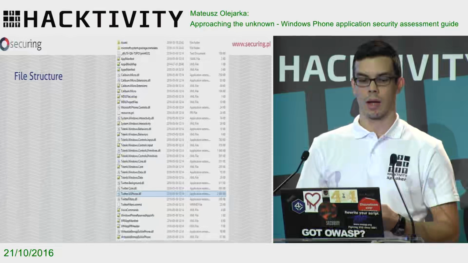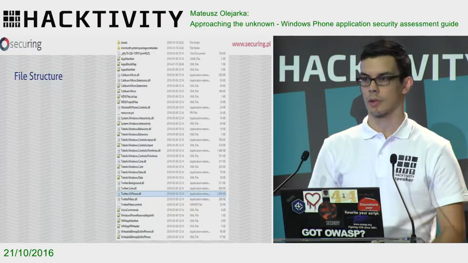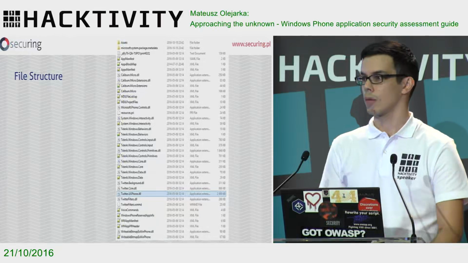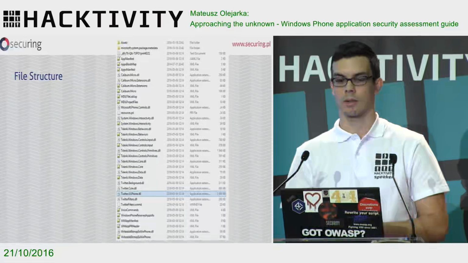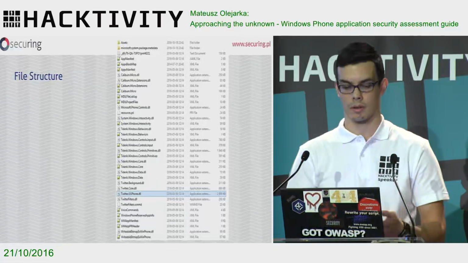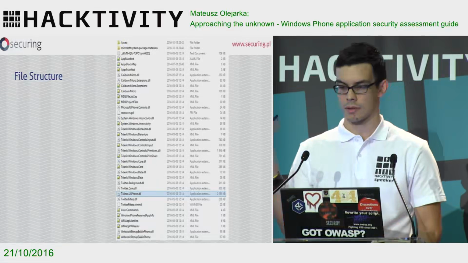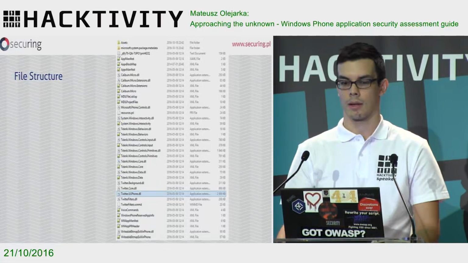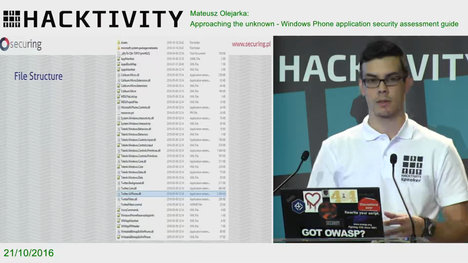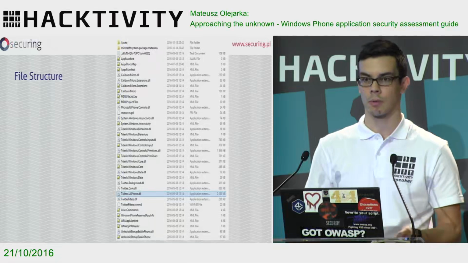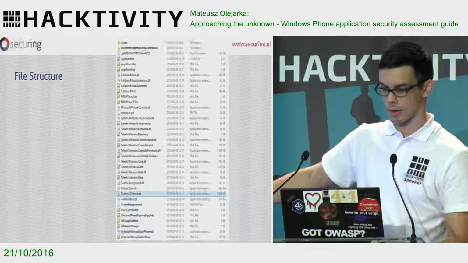And if you will pull out an application from Windows Store, the same XAP file will be protected by DRM. So it cannot be easily unpacked on the system. You can do it from the phone. The phone takes out the DRM, and then from the rooted device you can access those files. This is unpacked. For this talk I use a Twitter application which I installed, and this is the files available.